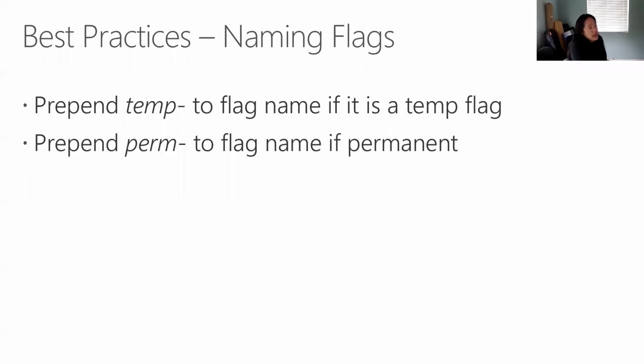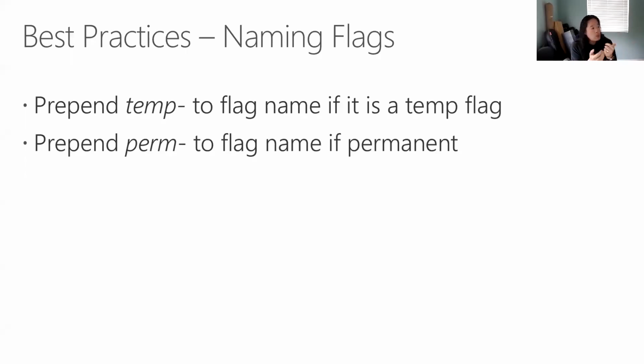All right, so for best practices, one of them is name your flags carefully. The reason is that there are basically two types of flags that you're going to have. One is a temporary flag, where you're hiding a new feature behind that flag, and after you test it out enough and after it's been in the wild long enough, eventually you're going to delete that flag. You're going to clean it up. So those are temporary flags. What I like to do is prepend the name of the flag with temp. This way, when I'm looking for my flags to clean up, it's much, much easier to find them.